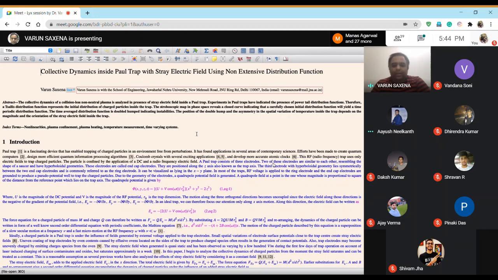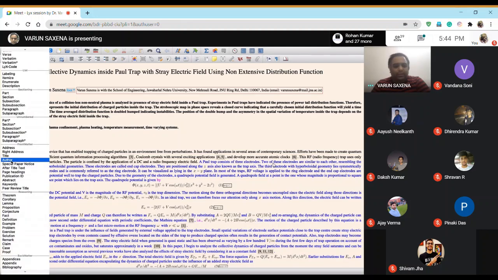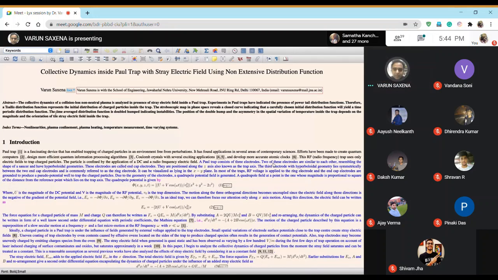Yes, sir. Okay, great. So I told you how you can write these. This is the title, this is the author, then you have the abstract, then you have the index terms. All these things are here. You have the title, the author, the abstract, and the keywords. Then you choose sections, as I told you.